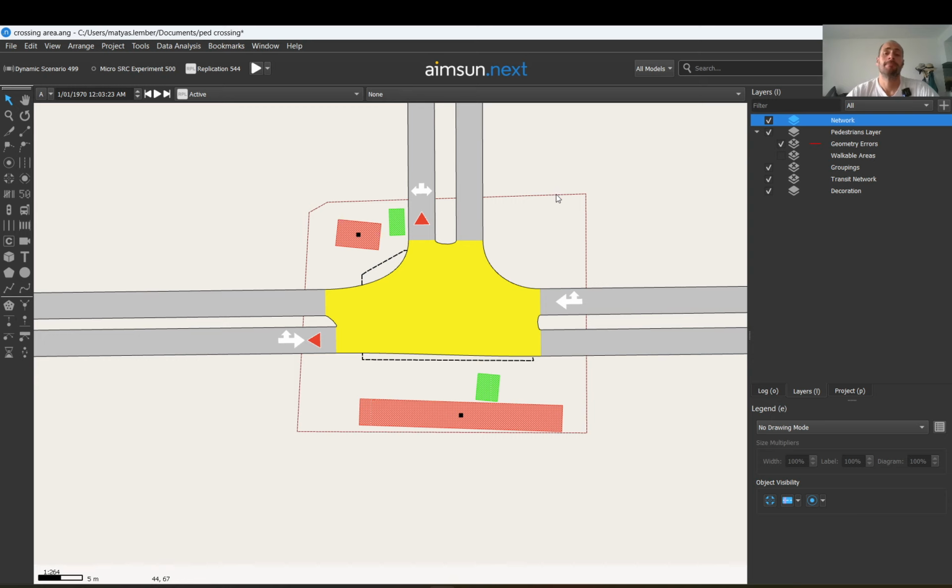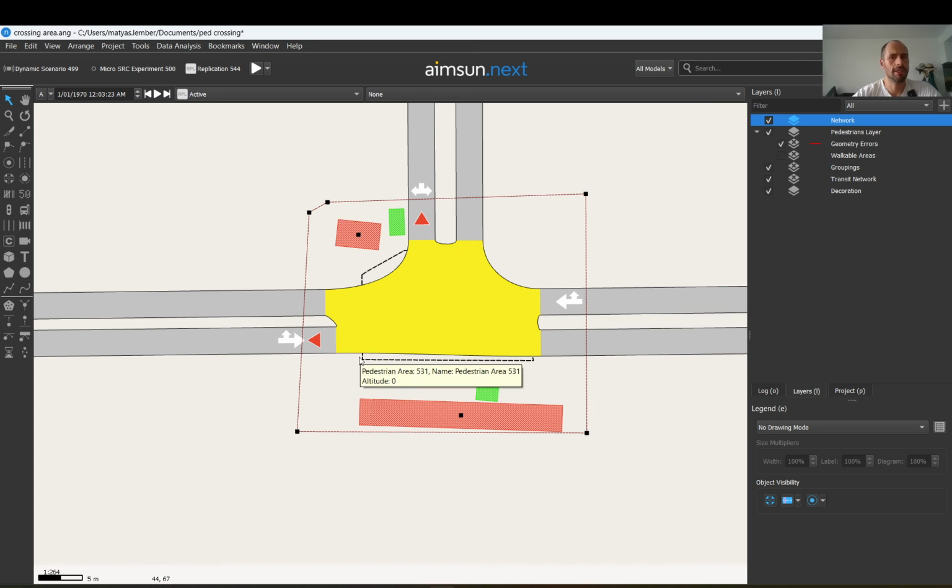So the way it works is first you need to create a pedestrian area by this. You just click that icon and you set up your area, and when you want to finish you just double click and it closes it. When you create this area you need to make sure that it covers everything, all your pedestrian exits, pedestrian entrances, your crosswalk area, and the node. You shouldn't set this area up in a way that a node is at the edge of this area, otherwise